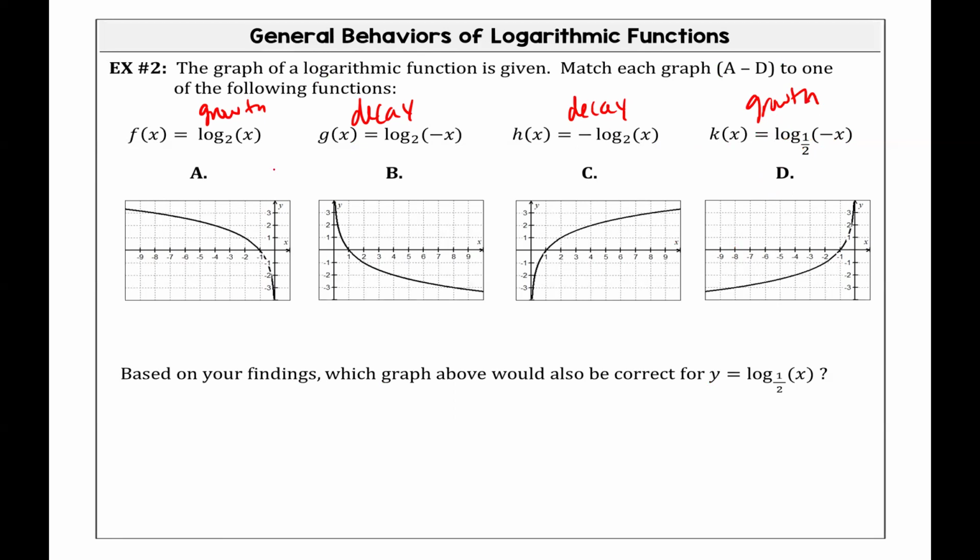So let's go back to this right here. If I was at log base 2, that's a growth. If I changed it from log base 2 to log base 1/2, it's going to flip this. So now it's already a,